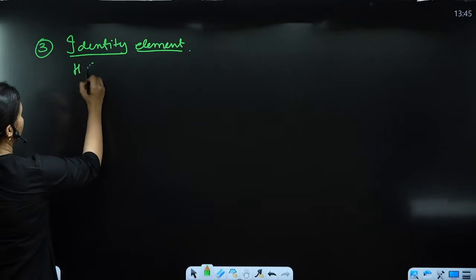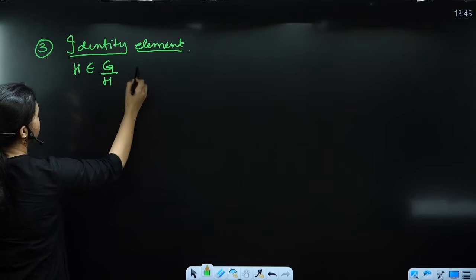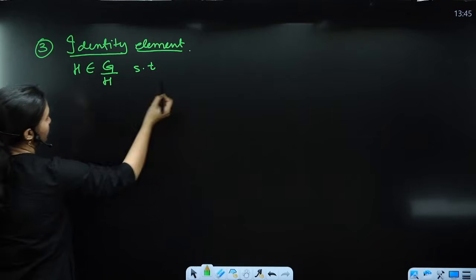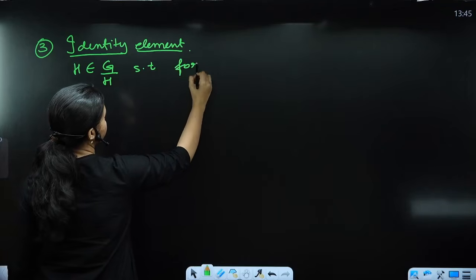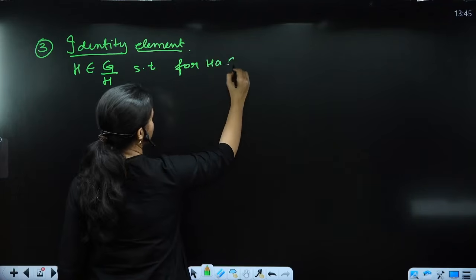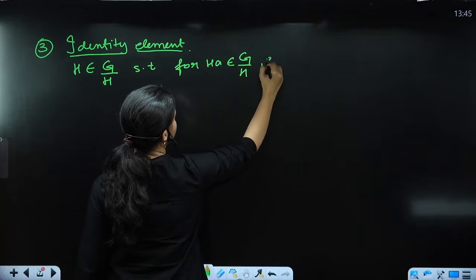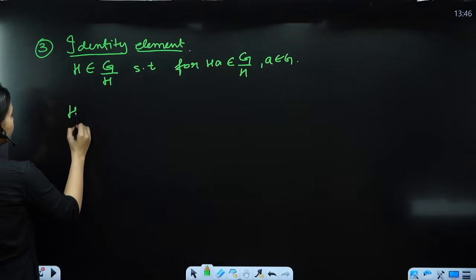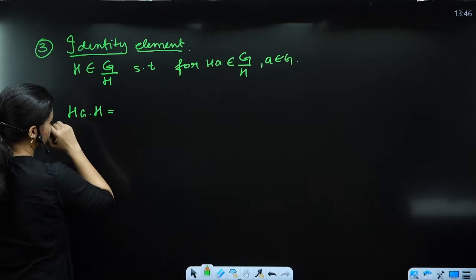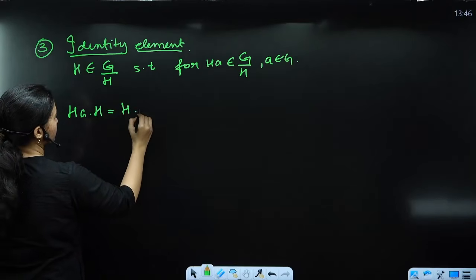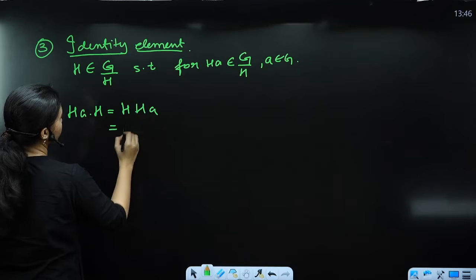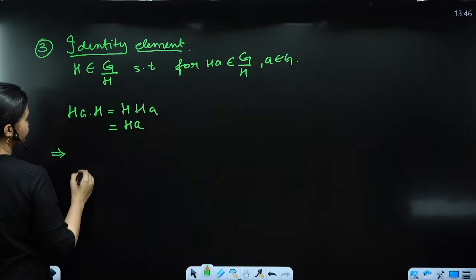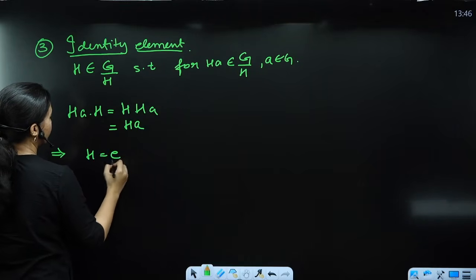So H belongs to G by H such that for HA belongs to G by H, where A belongs to G, HA dot H equals HA, that is your HA, right? This implies that H equals the identity element